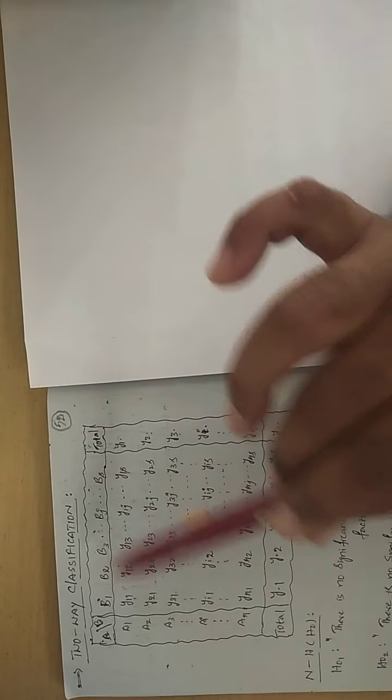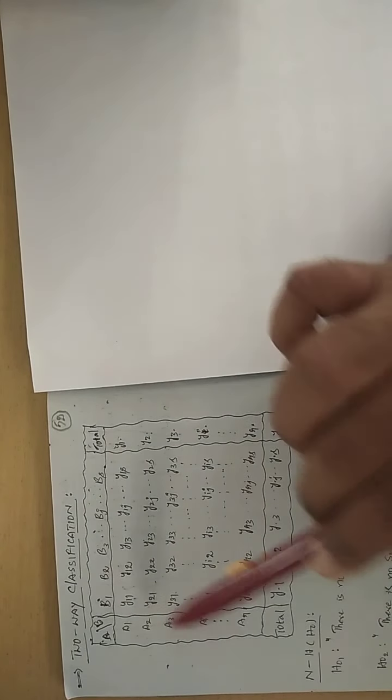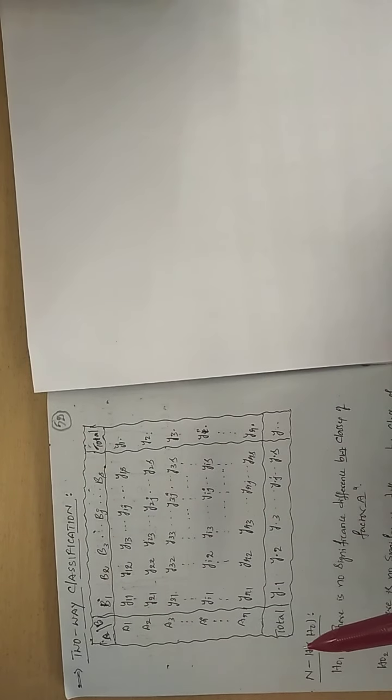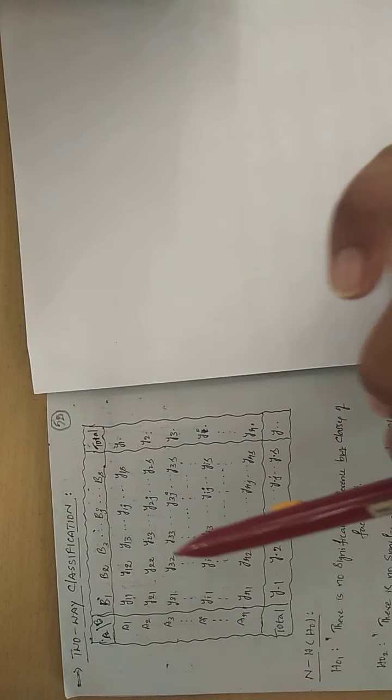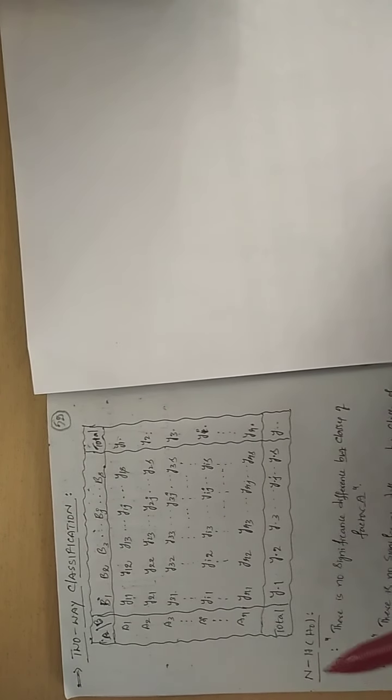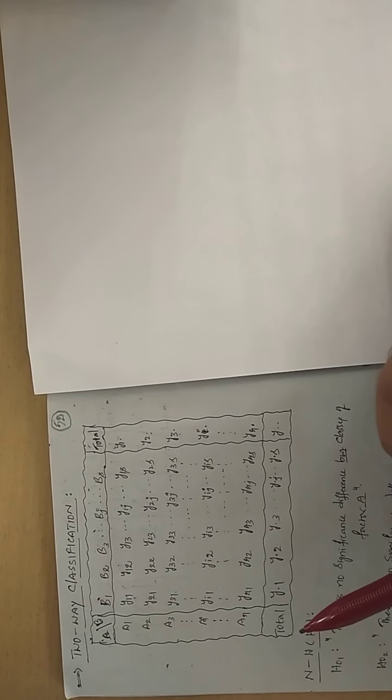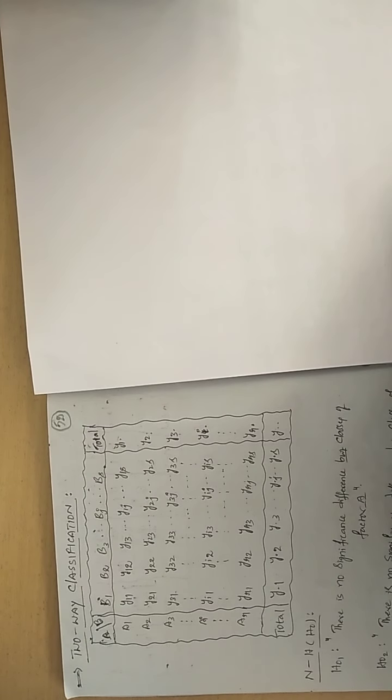That means 2 pieces of information, you are going to compare the net effect, row wise as well as column wise. So 2 sources of variation, that is rows as well as the columns. Hence this is known as the two-way classification. So what is the difference between one-way and two-way? Here you are going to have one more source of variation. In the formulae, you get one more extra formula. There were 5 formulae, here you are going to get 6 formulae. Same ANOVA table you are going to get, but you provide one more extra piece of information.